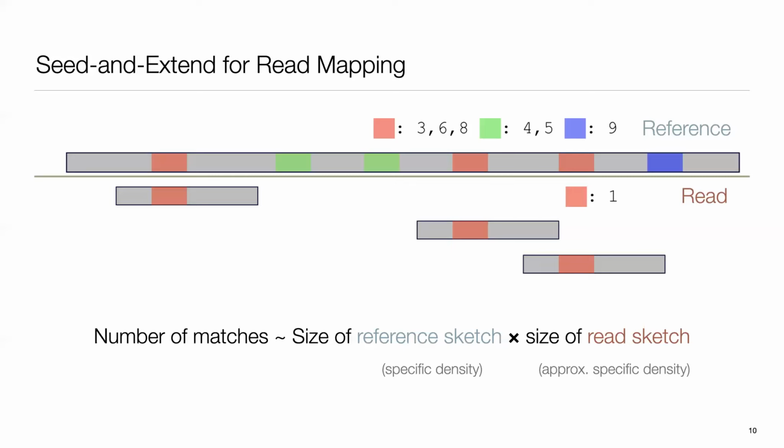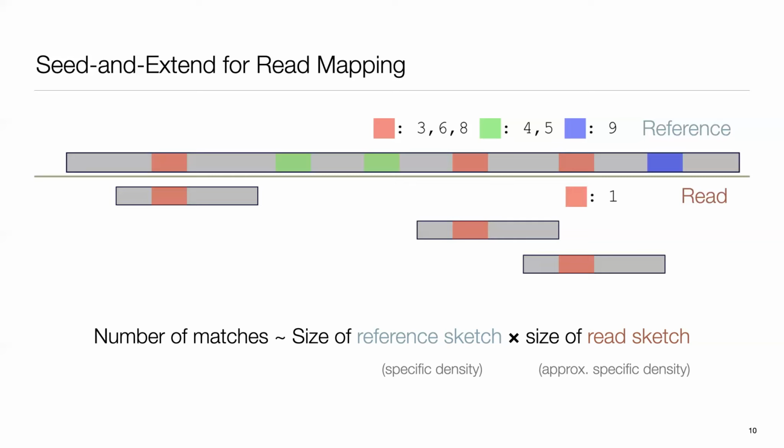So how many k-mer locations you have in applying the minimizer to a reference, times the size of the re-sketch, which is the same thing, just over the re-sequence. And both of these terms, again under reasonable assumptions, are directly related to the specific density. So by optimizing specific density over the reference sequence, we can achieve very significant speedups